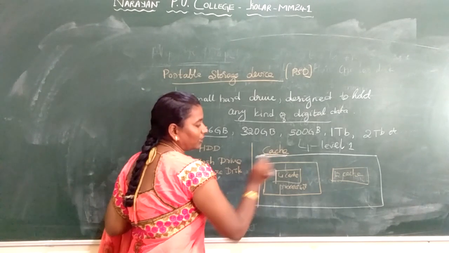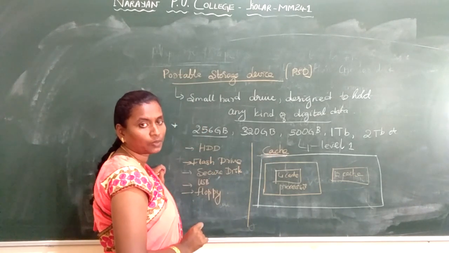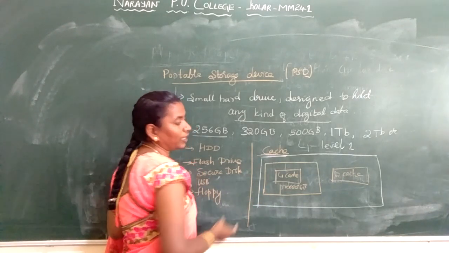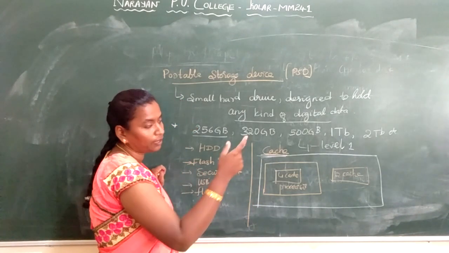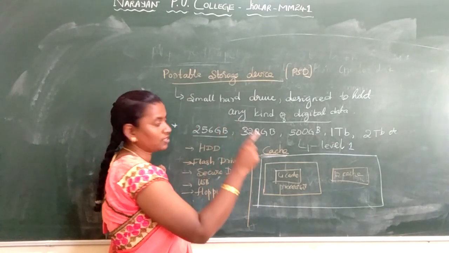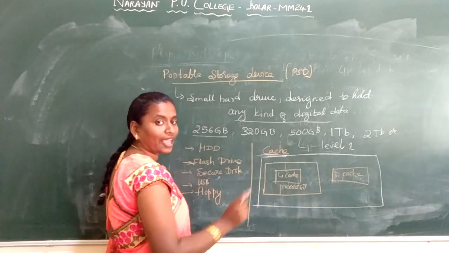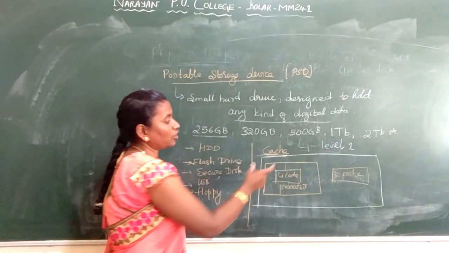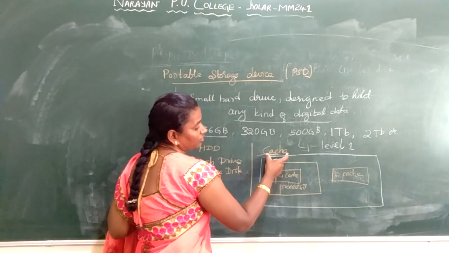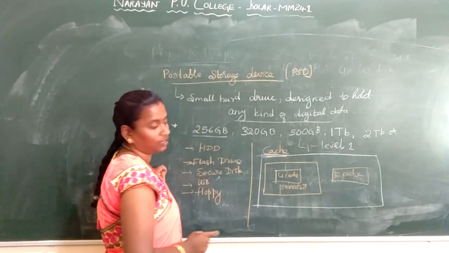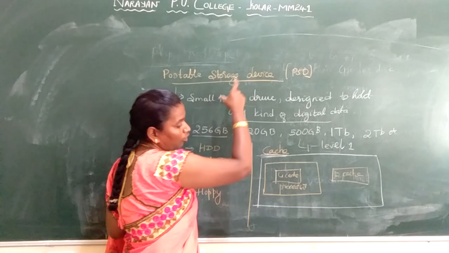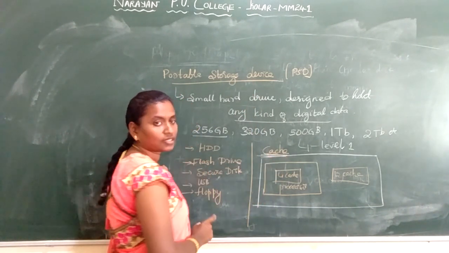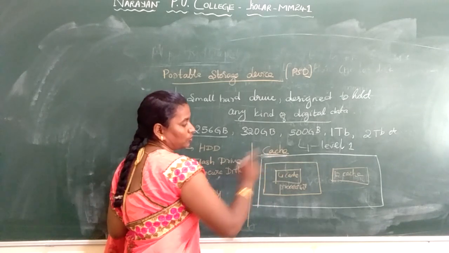Why do we need cache memory? Cache memory is a high speed memory. It will hold a very minimal amount of data, but it is very high speed. Even in the pyramid of memory, you see the fastest is cache, and the most expensive is also cache memory. First are your registers, later you have cache memory. Among all the memories we have discussed, the fastest is cache memory and it is very expensive.